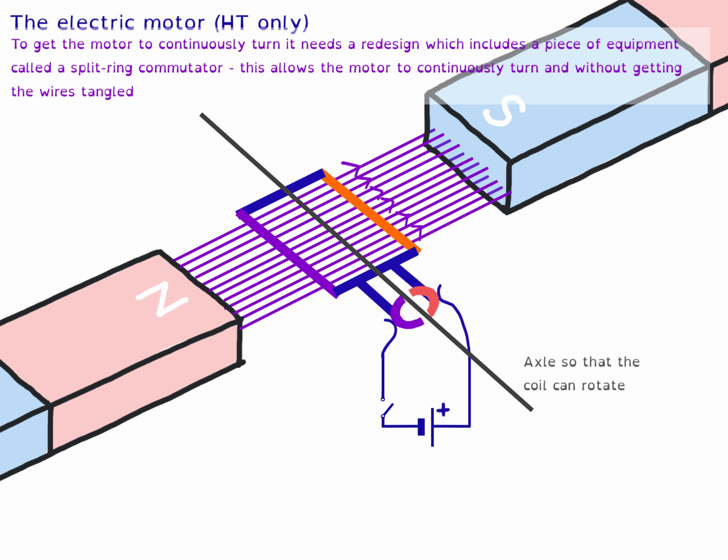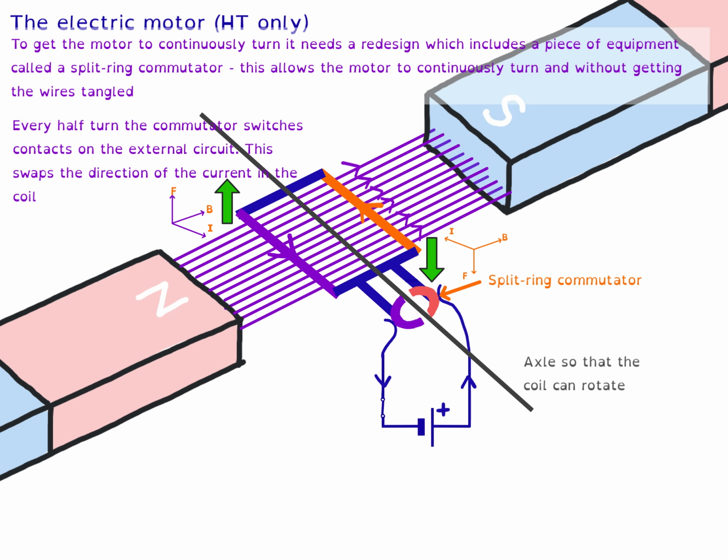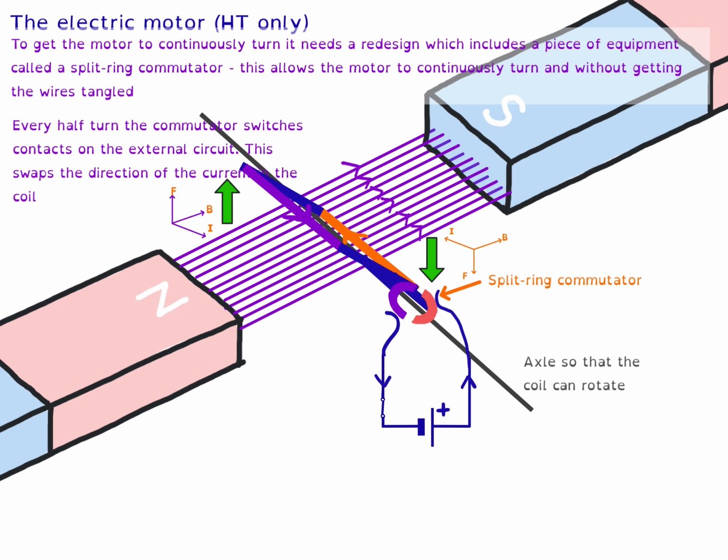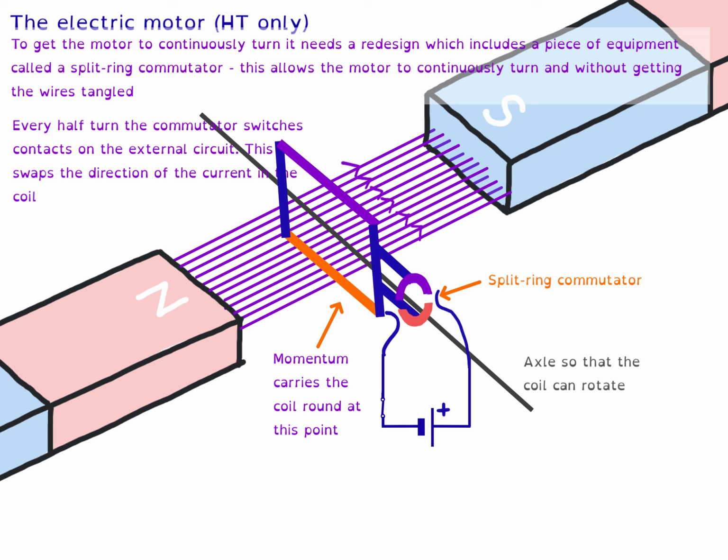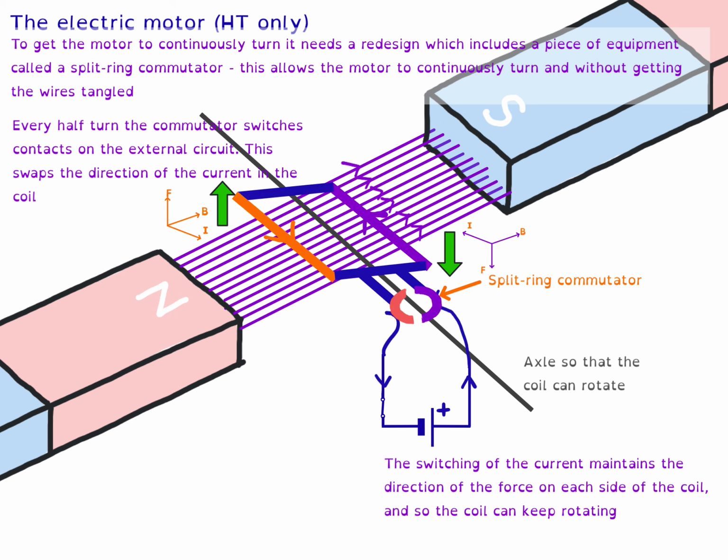To get the motor to continuously turn, it needs a redesign which includes a piece of equipment called a split ring commutator. This allows the motor to continuously turn without getting the wires tangled. Every half turn, the commutator switches contacts on the external circuit. This swaps the direction of current in the coil. The switching of the current maintains the direction of the force on each side of the coil, and so the